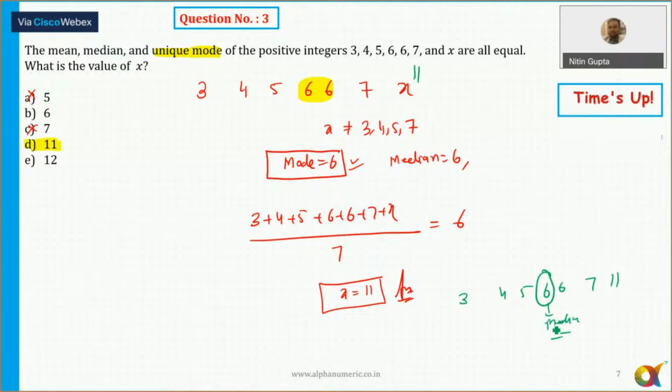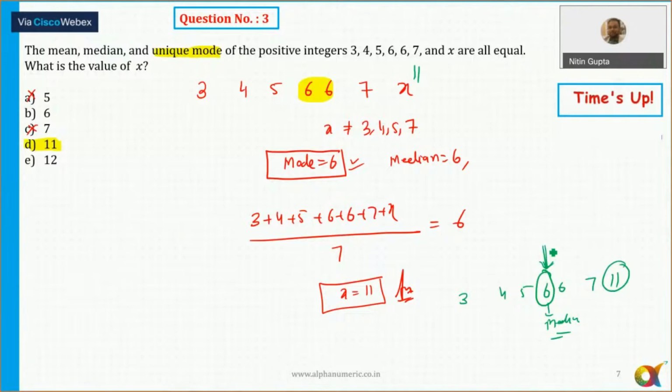Now at times it might be possible that on solving it, you get some values of x, and if you substitute those values of x, you will not get 6 as a median. So always cross check here. There are a couple of difficult questions you'll come across later on, maybe in question number 5, 6, 7. So it's always advisable that if I'm taking x equal to 11, whether 6 is coming in the middle or not, that you also need to check here. Okay, so that's very important.